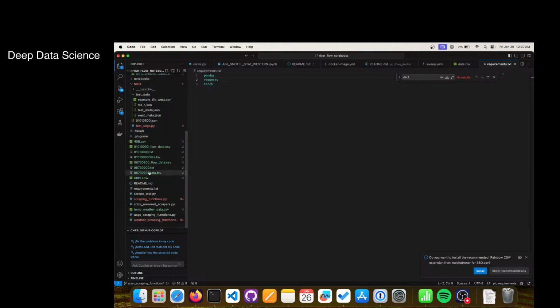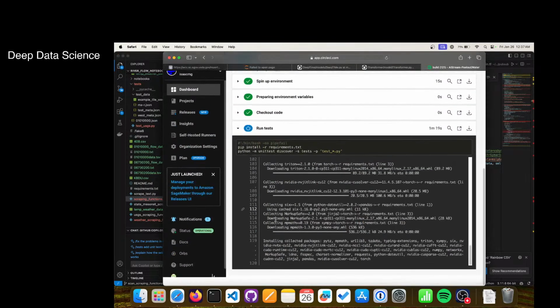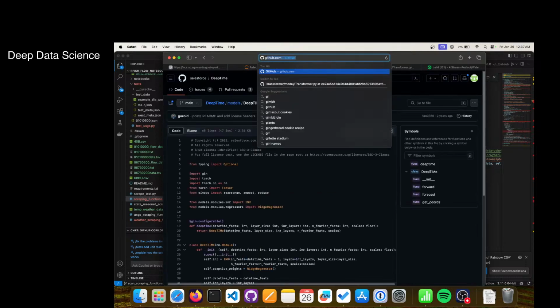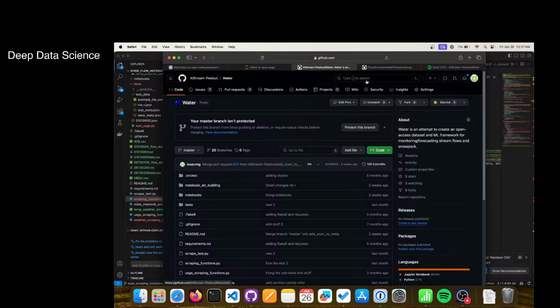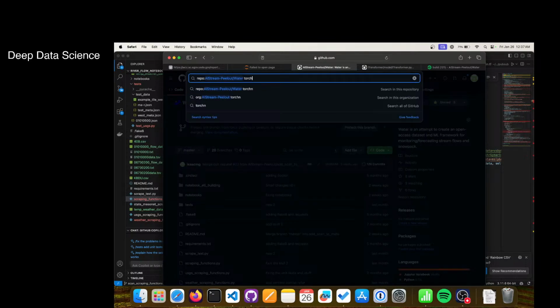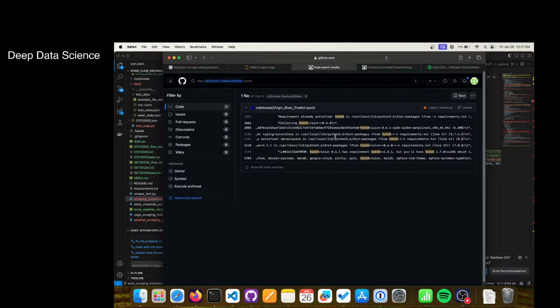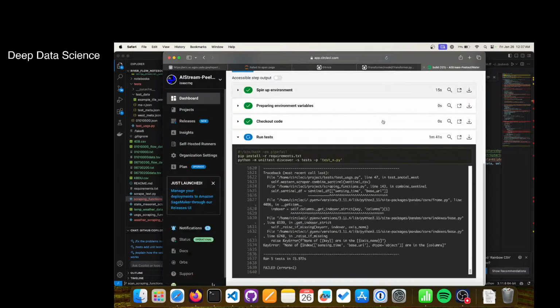God, there are too many of these files that were generated. Oh, why is Torch here? We're not using Torch anywhere. I don't know why I'm having Torch installed, because I'm not using it. Yeah, I think we could remove Torch, but